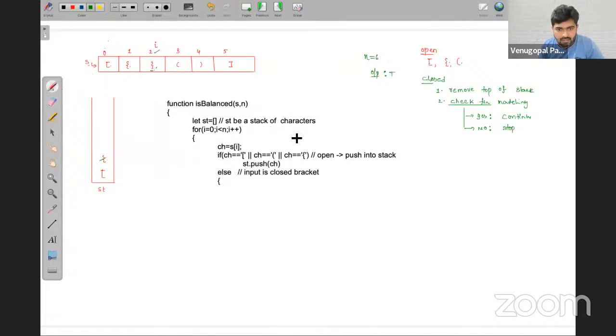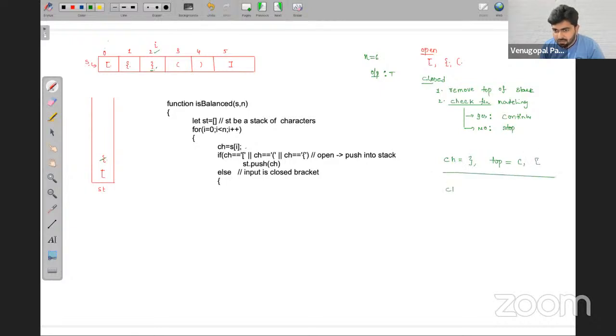If your character is open, you are pushing. Let's say if your character can be closed one. For example, if your input is closed, and your top is equal to, let's say, either this or this, it is a mismatch.